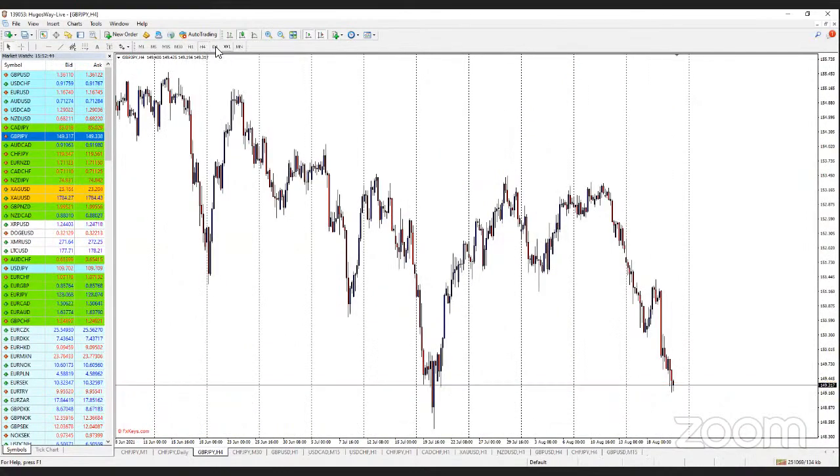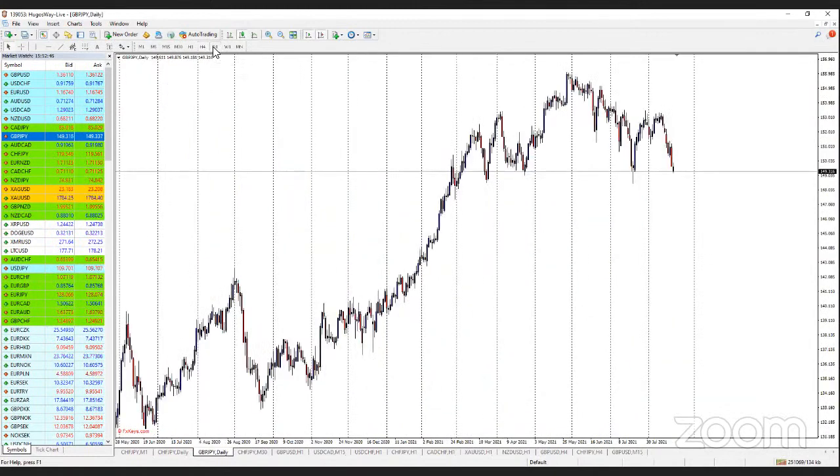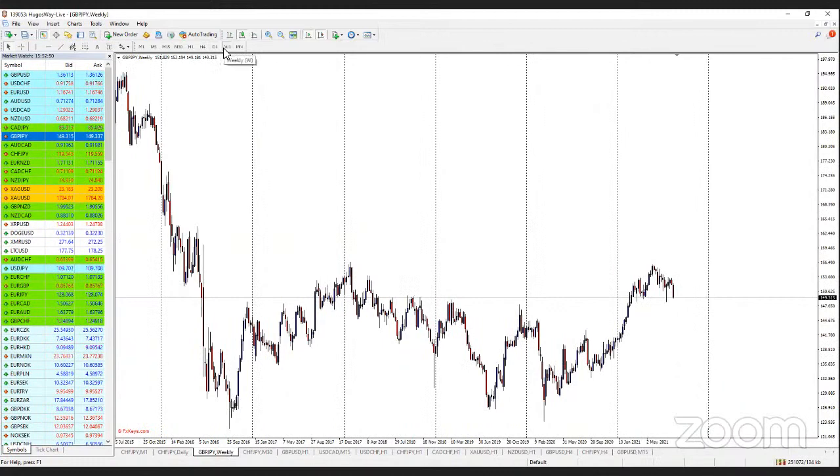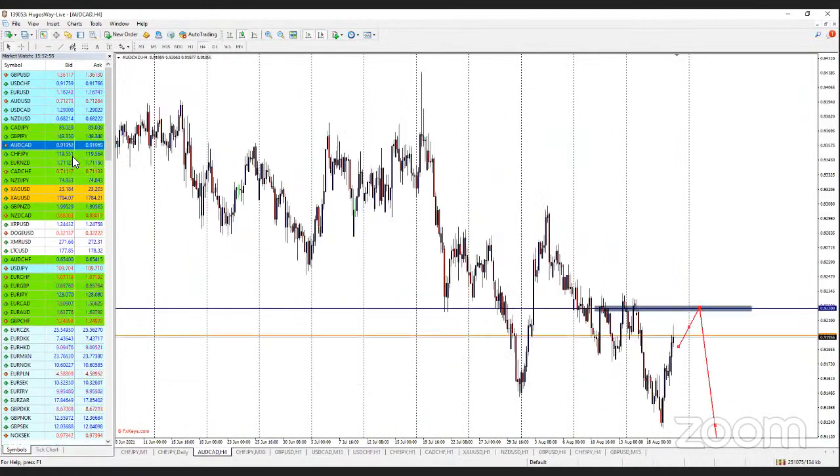Looking at things like pound Japanese yen, there was a chance for a long, but I can see the bearish momentum is piling up now. And I think we're going to see some very strong shorting very soon. But let's see what happens anyway. So I'm going to scan through,